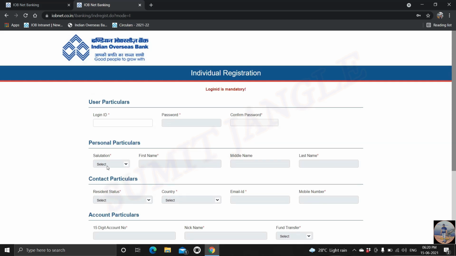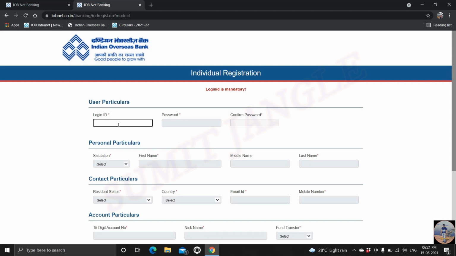The most important thing which will confuse you if you are doing this process, especially on mobile, is that you can go to the next section, next tab, only once you fill the first tab. First you have to give the login ID, then you can go to password, then you can go to repeat password, then go to account number. If you try to jump to any one section, if you try to skip one column, the other column will be transparent. It will not allow you to enter anything. So this is one thing that you need to keep in your mind.